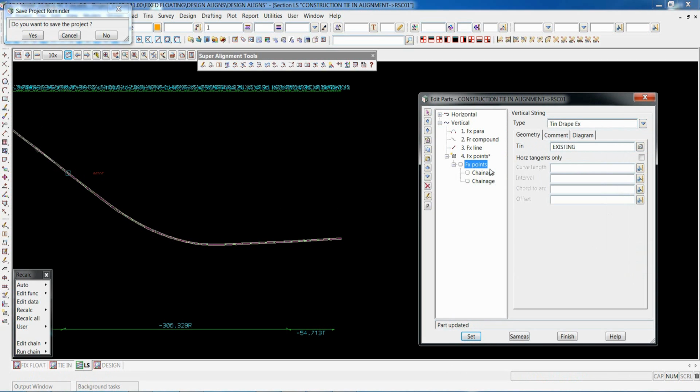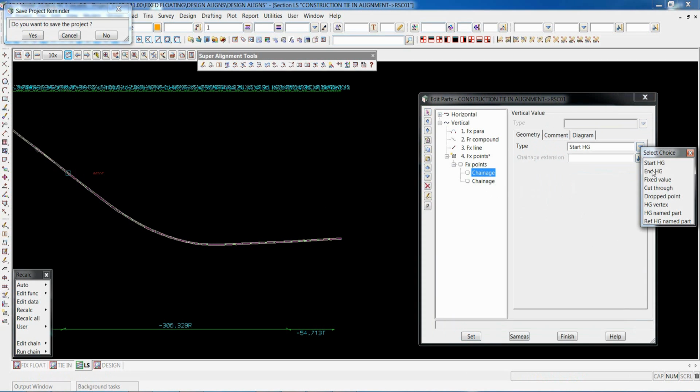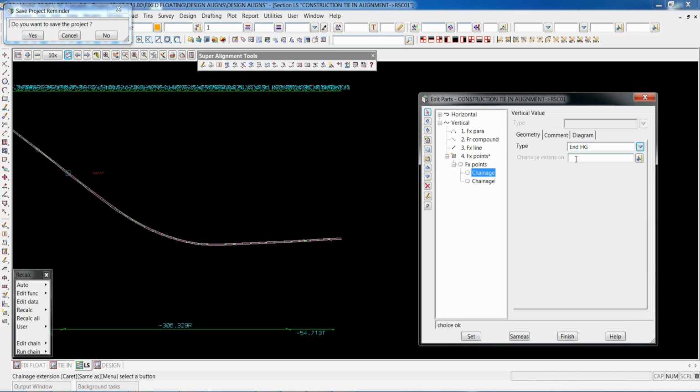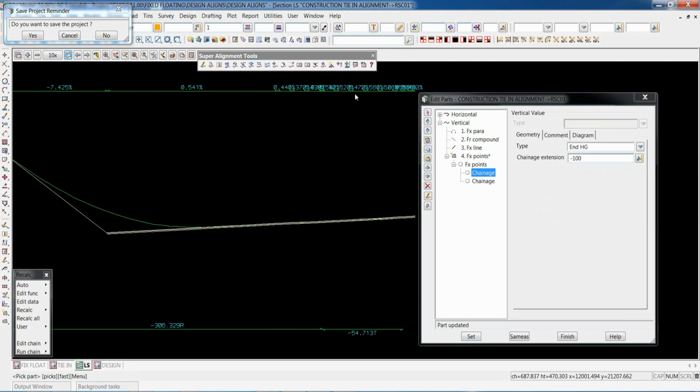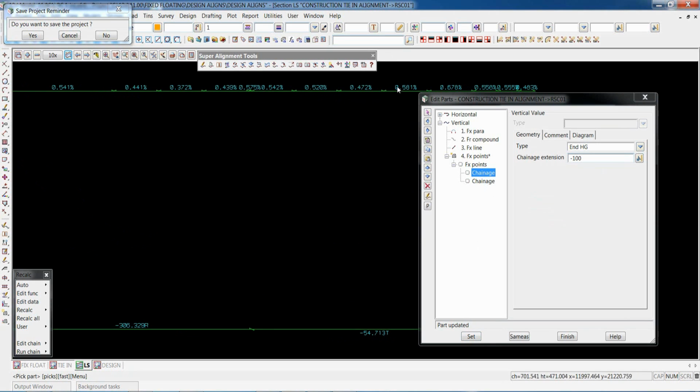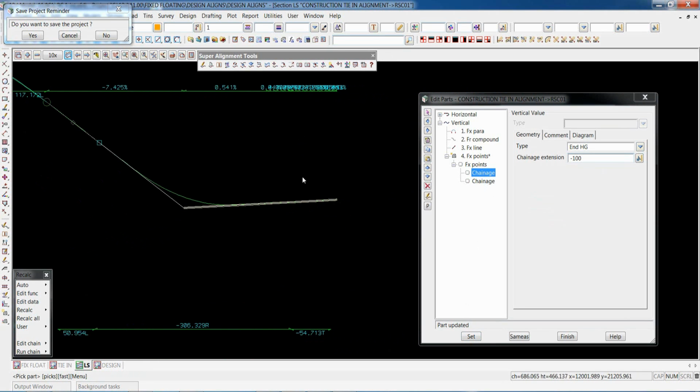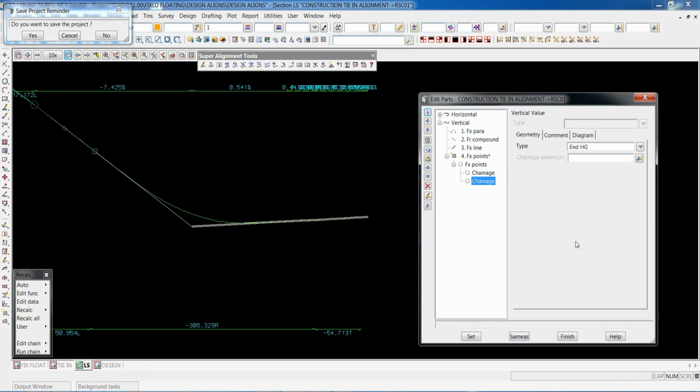I only want this last little bit, so you can control that by the start and end points. Here I'm going to go to the end point of my alignment, and come back minus 100 for an extension. That sets up the draped geometry here. You can see all the points where it crosses the triangle.